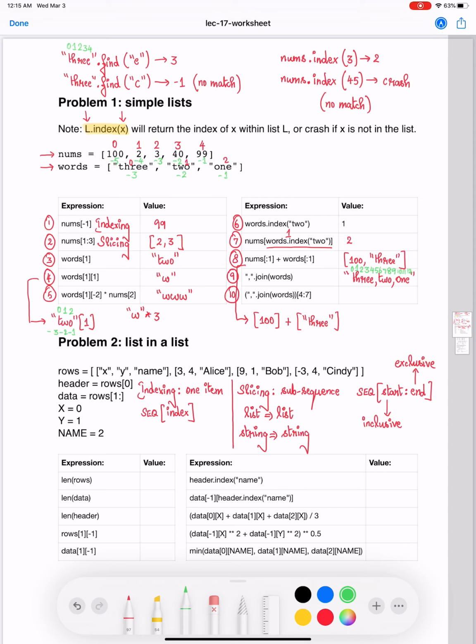We are taking the output from the subproblem 9 and then we are applying a slicing on top of that. So we are slicing a string. When you slice a string, you're going to get another string. Your slice here is going to start at index position 4, which is going to be the second occurrence of the character E, and it's going to end at index position 6. That's because your end is exclusive. So the sliced string is going to be just E comma T here.